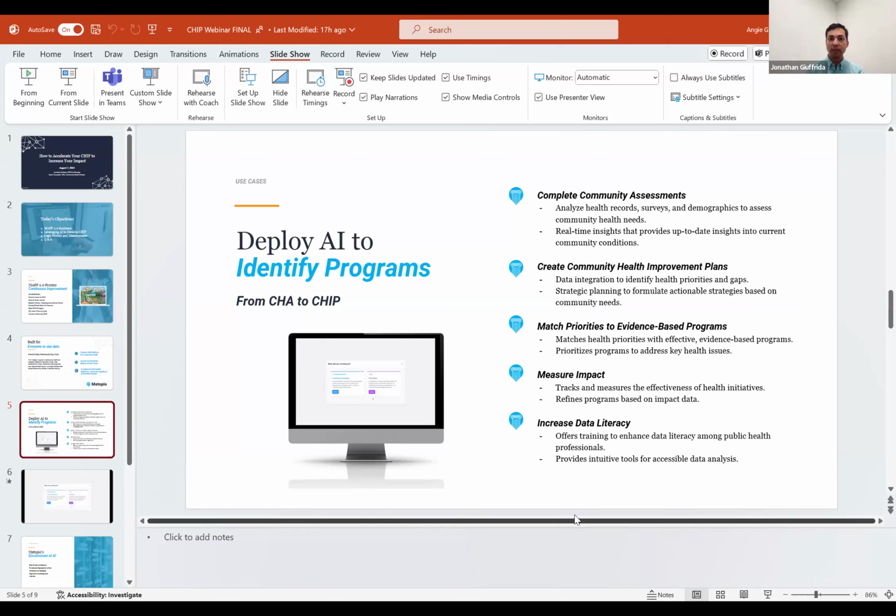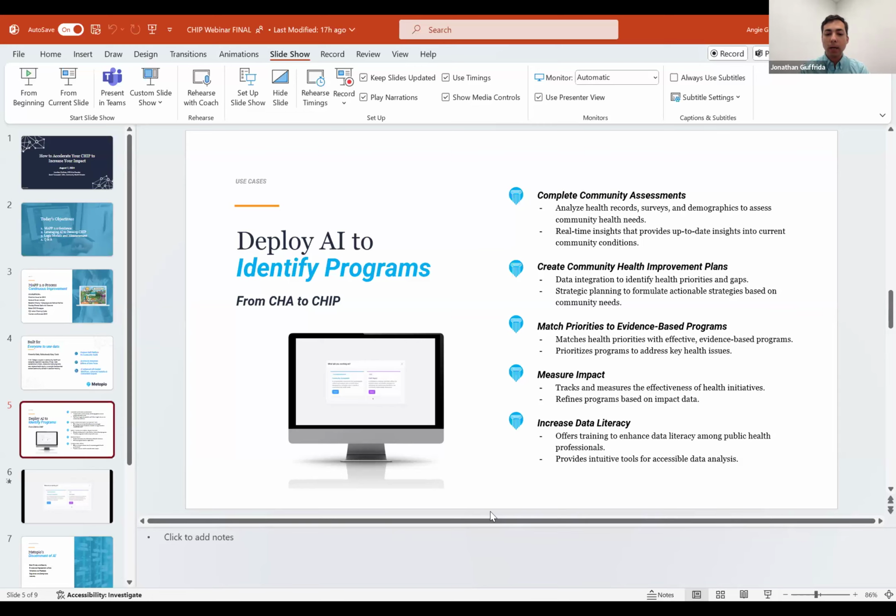how many boxes of food did we deliver? How many people showed up for these classes? What was the average BMI or A1C score of the people who were in this program, and see how that's changing over time. Of course, tracking all of this along with Metopio's curated library of data points, where you can have benchmarks to your state, to your country, and know contextually where you're trying to be based on those goals.